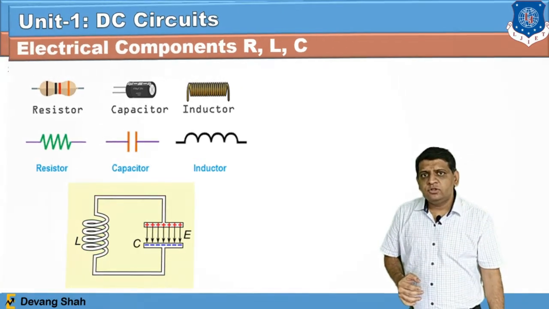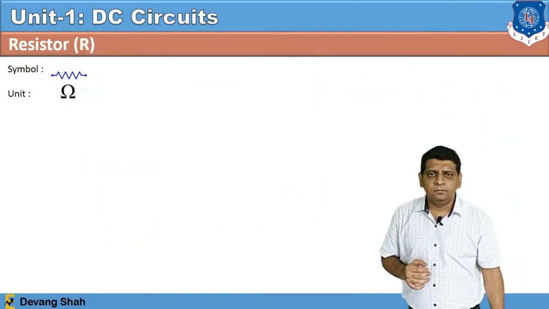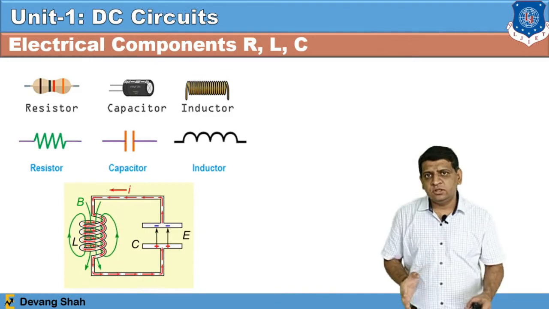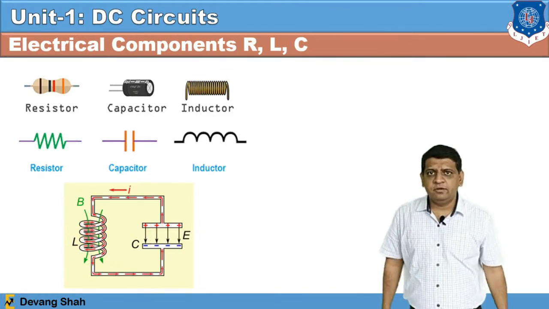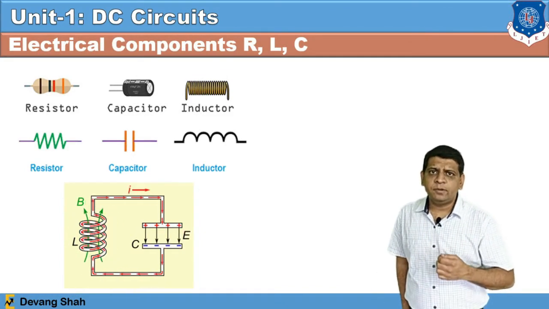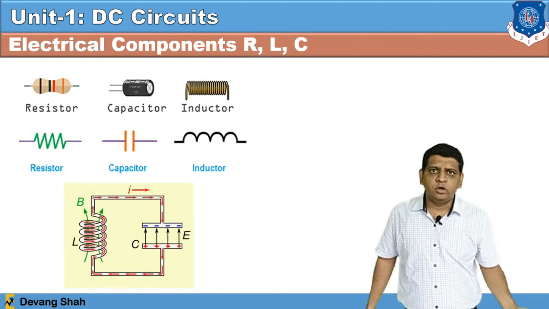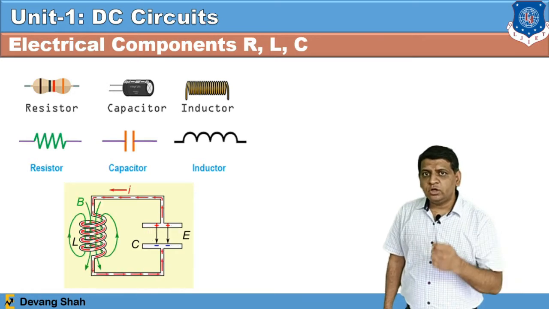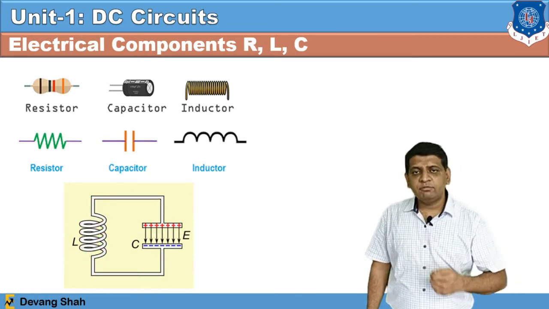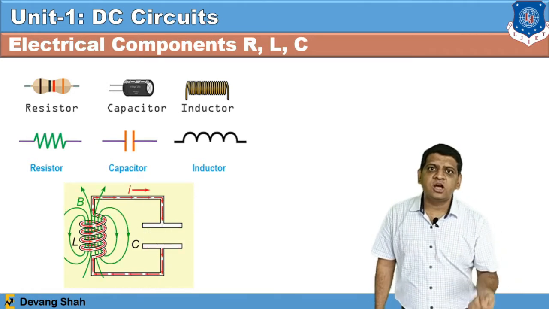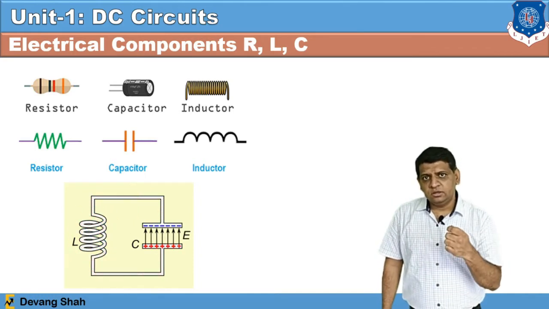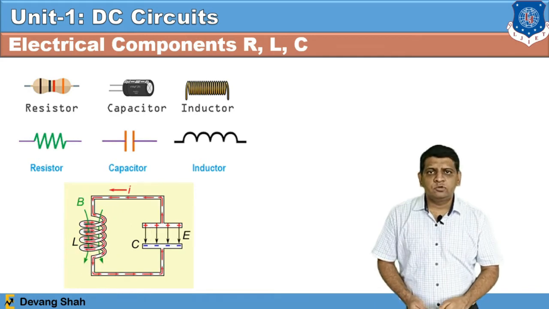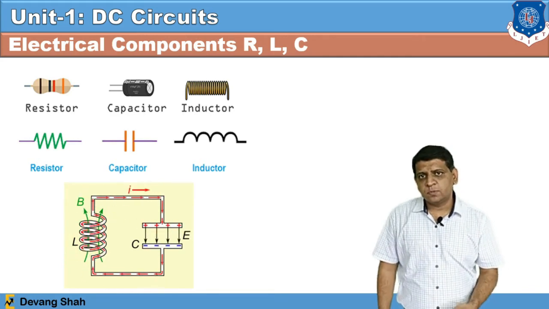Now, once you see this, resistance is a passive element. Once you apply a voltage, it will simply drop the voltage, but this is not the case with inductor and capacitor. Once you apply the voltage to an inductor or capacitor, it has a phenomenon of charging and discharging. So ultimately capacitor and inductor work with respect to time, and this will give you a response with respect to time.